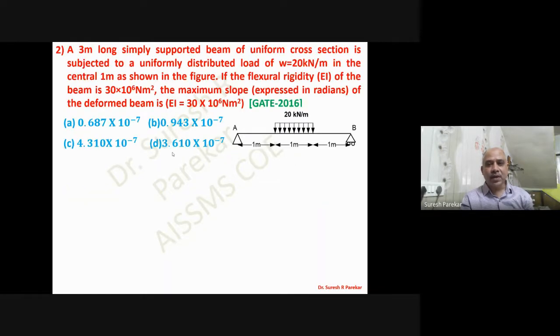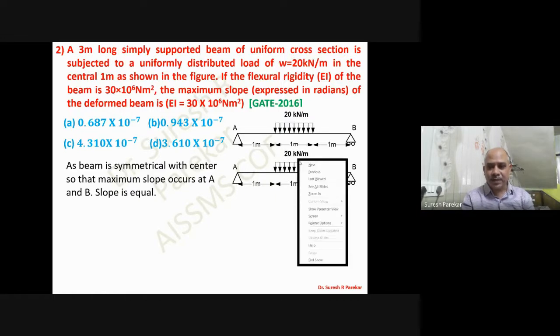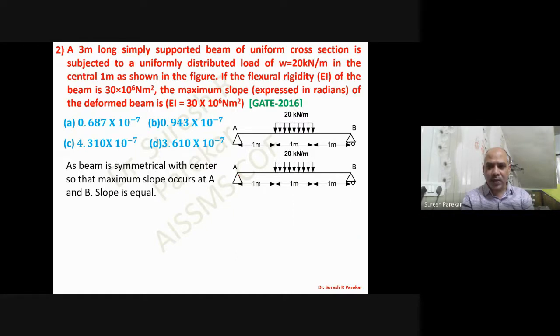Then we have the third, where we are interested to determine the slope at support A and support B. Here we will again go with the conjugate beam method. We have reactions of 10 and 10 on both sides. So we have reaction over here 10 and reaction over here 10. It is symmetrical, so 10 into 20 divided by 2, and we will get reactions of 10.